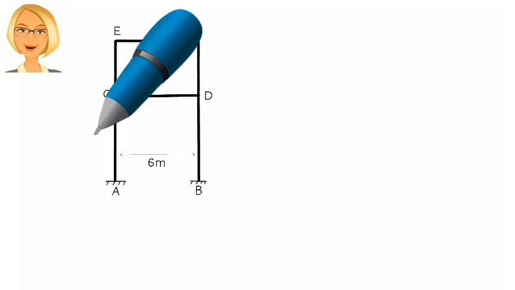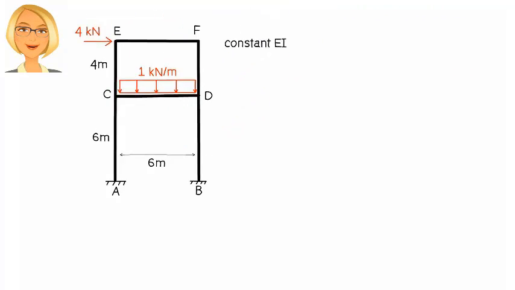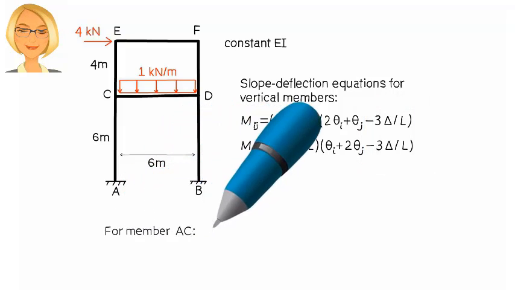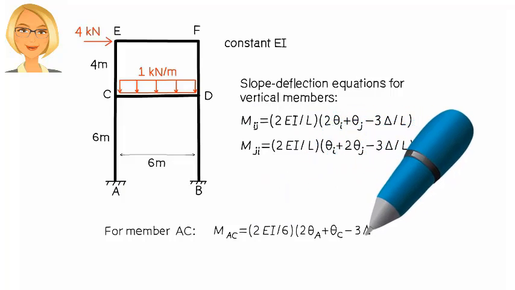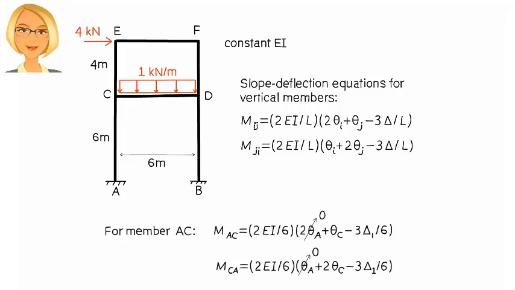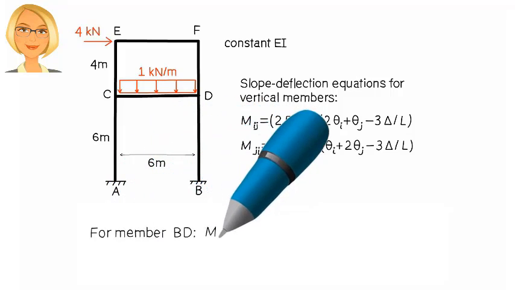Here is our 2-story frame. For the sake of simplicity, we assume a constant EI for the entire structure. Since the frame has a side sway, the slope-deflection equations for the vertical frame members embody the non-zero deflection term. So for member AC, we have, for BD, we get